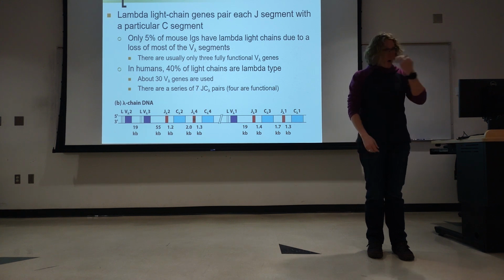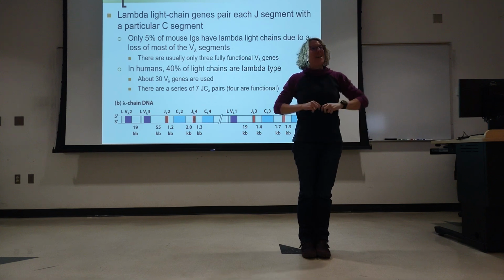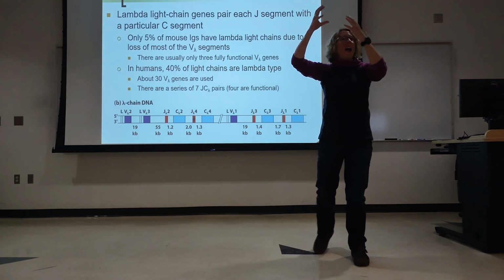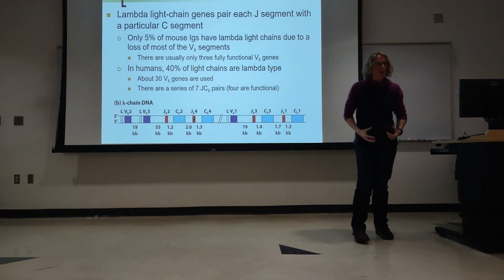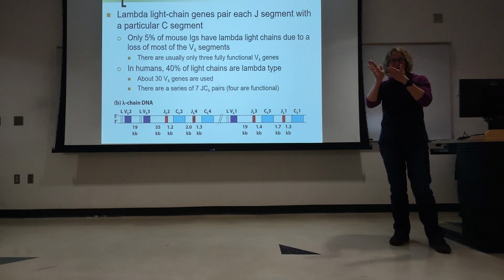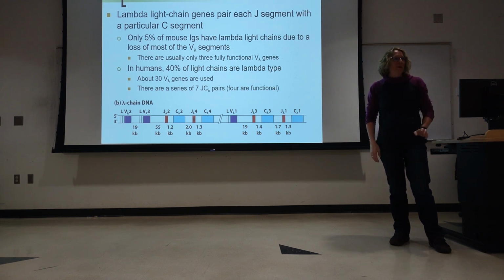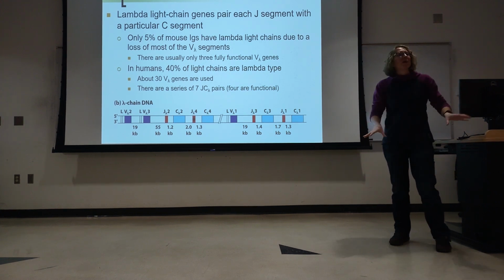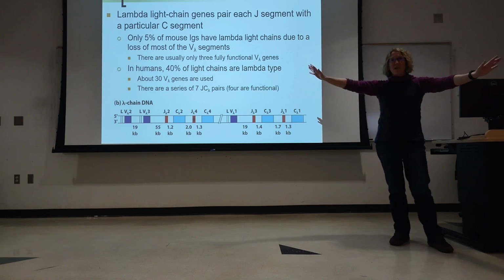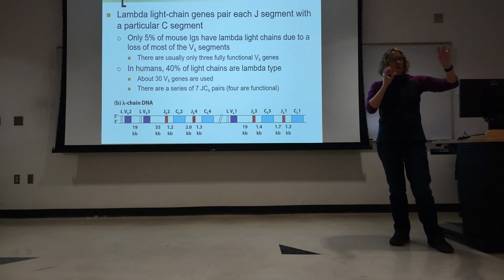If it doesn't work, that chromosome gets silenced, and we fire up the lambda genes and we try to rearrange those guys, and we make a transcript and we test the transcript to see if it pairs with the heavy chain. So it's a cool stepwise process. And the part that kind of blows my mind is the information for building these proteins is on completely different chromosomes, right? So you do gene rearrangement, you rearrange your heavy chain gene, you make a transcript from that gene,